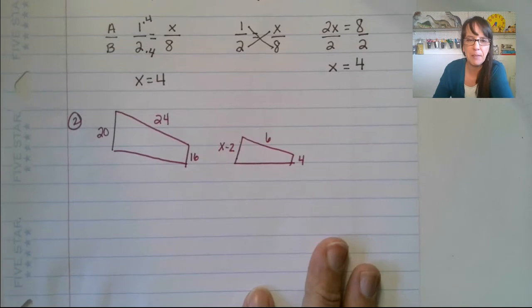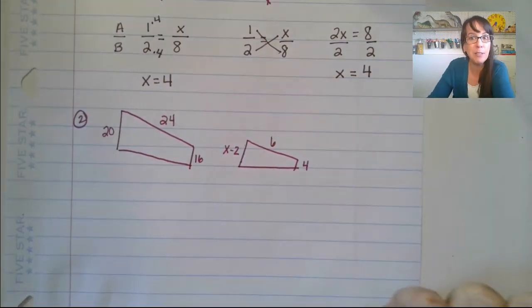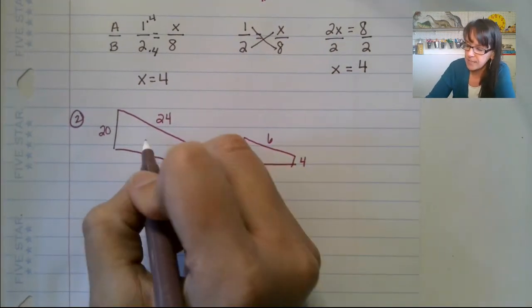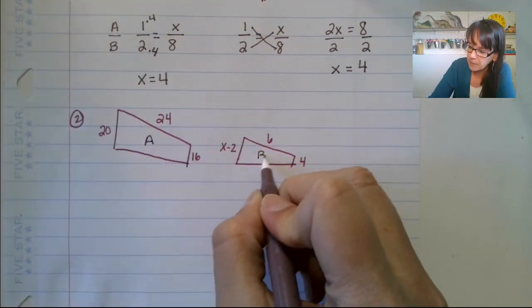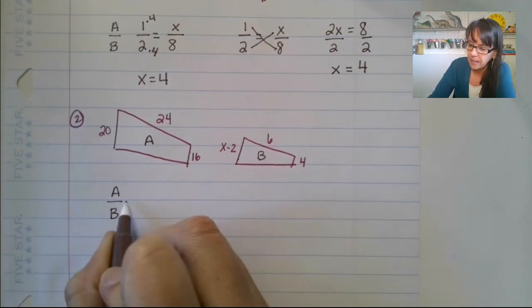All right, so let's talk about this one. We don't have a scale factor, but we do have 2 parts on each of our units here. So there are a couple different ways to actually set this up. We could say this is A and this is B. And what I could say is A to B equals